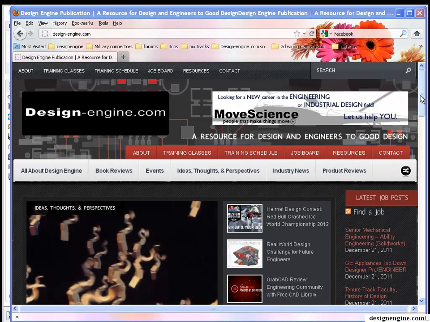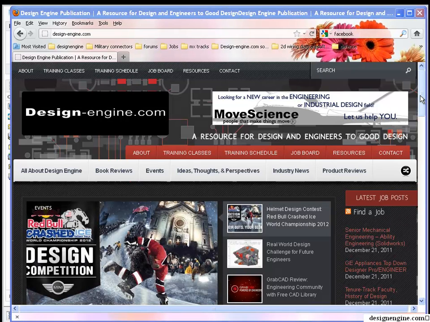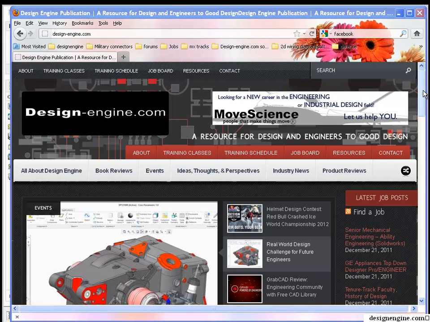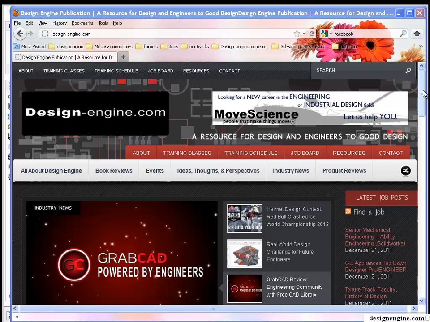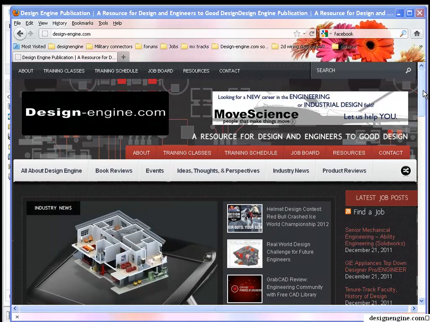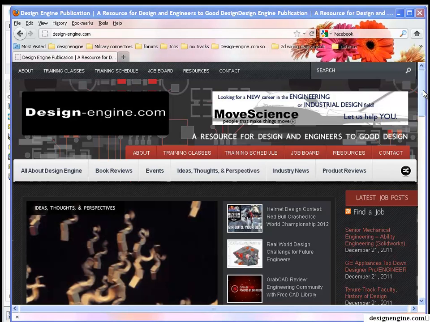more precise modifications. A lot of managers learn to hate Pro Engineer and SolidWorks because users can't look them in the eye and say how long it's going to take to make a change. At Design Engine, we like to give people a workflow, a flow, or a process that can make estimates on